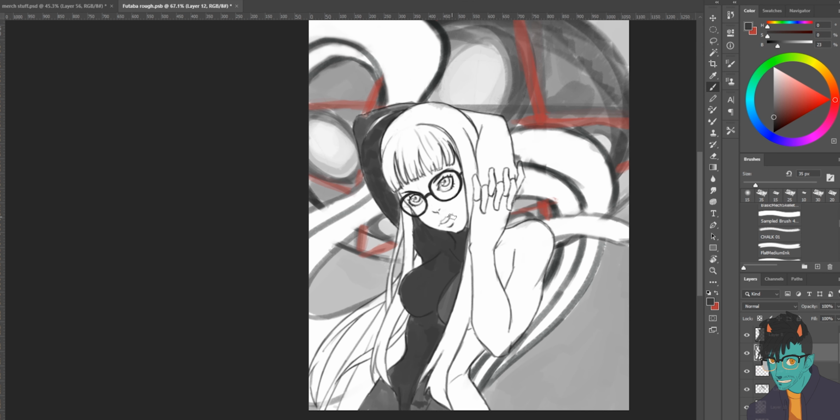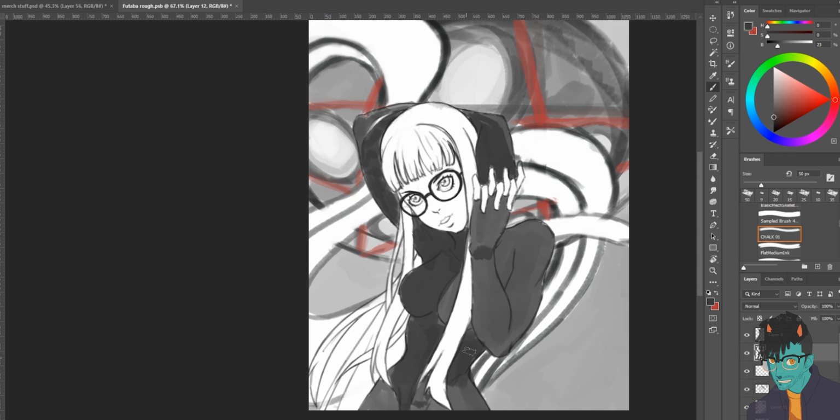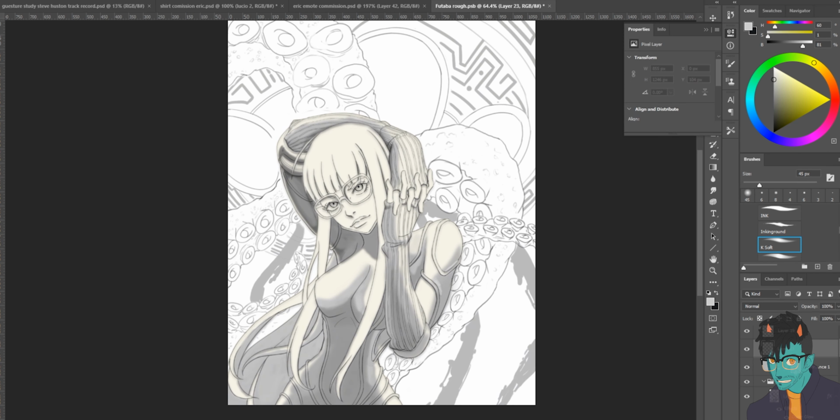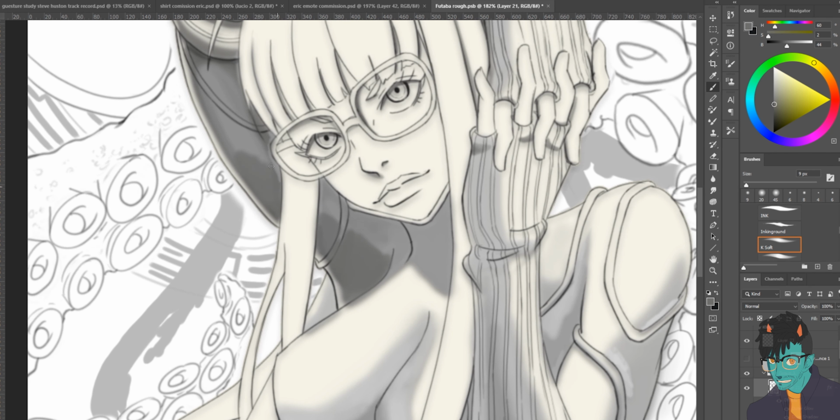Unfortunately, my skill set is still not there yet. I still need to learn a lot more about color and value and how to shade things properly. I'm getting there. I'm getting slightly better through time and patience. But I guess this would be one of those difficult times when it comes to